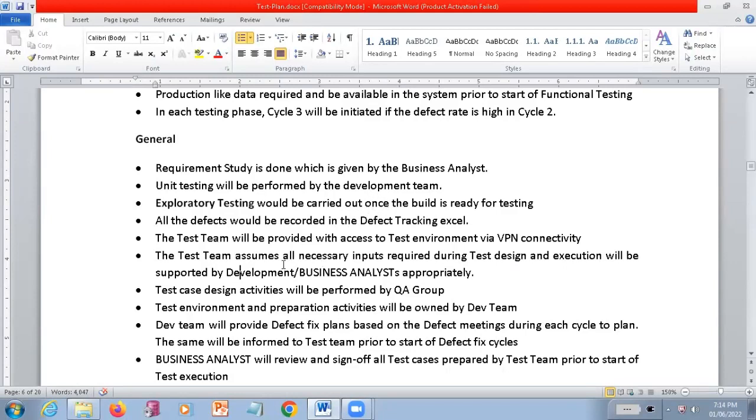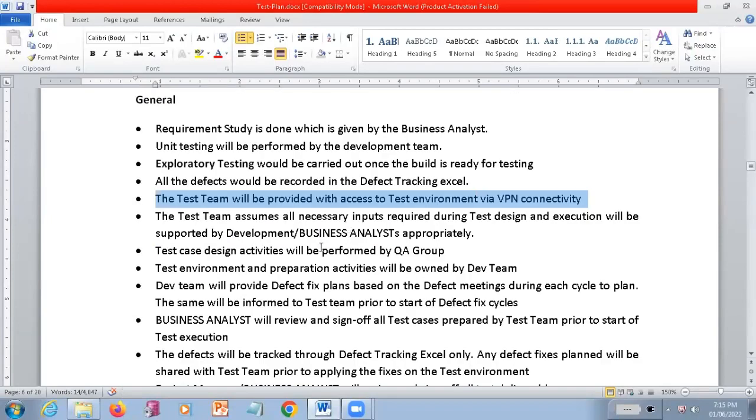Yes. Next one, there is some VPN connectivity. Do you know what VPN connectivity is? Nothing to worry. If you want to work in some kind of project, they will have a separate environment. After entering that environment only, you will be able to access some kind of applications. So you should have some VPN connectivity to connect to their environment, and then only you will be able to test the things. So that restriction is there. In this project, they are specifying all these things. Just by reading this, you make sure that these are all the things I want to follow.